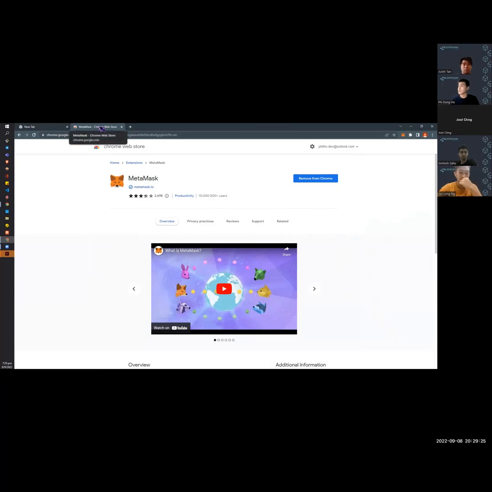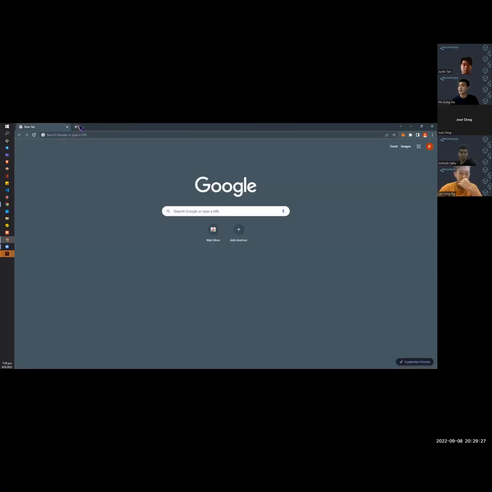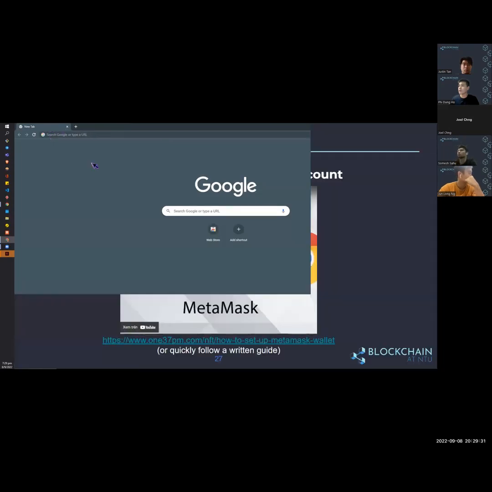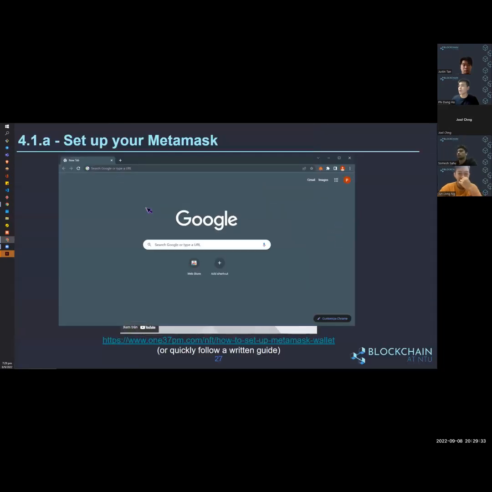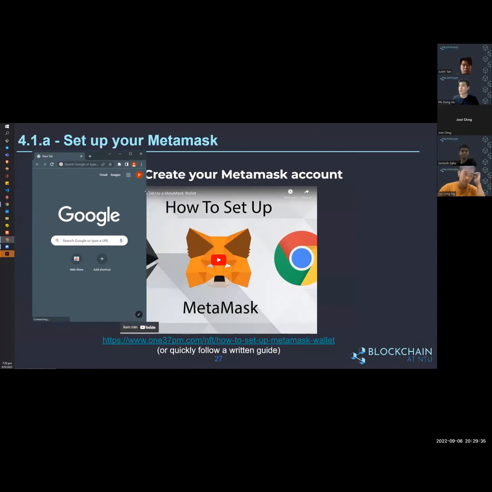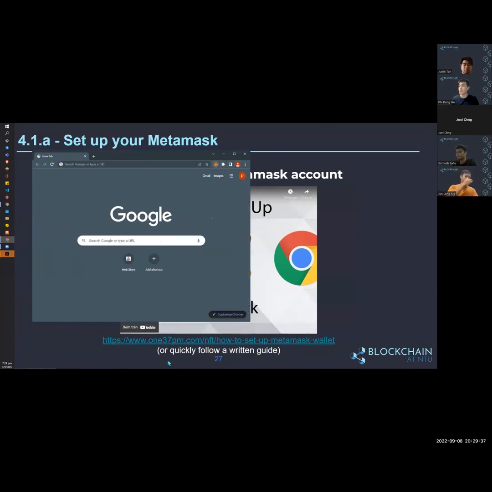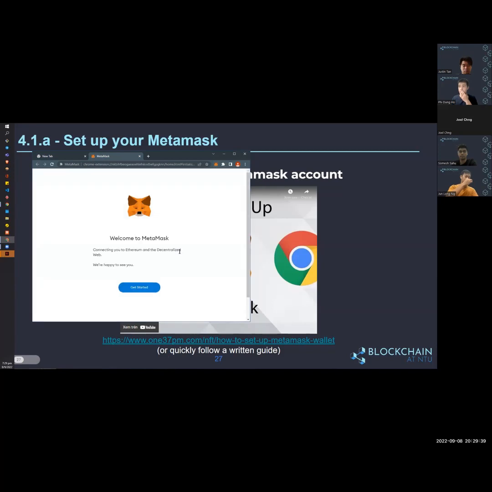This will take a few seconds. Then afterward, if you have this box pop up here, you have successfully installed the MetaMask extension and can click get started